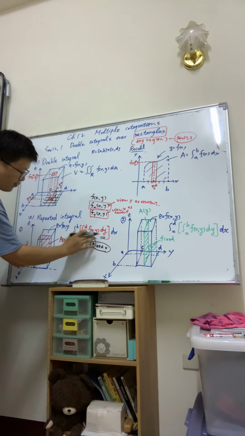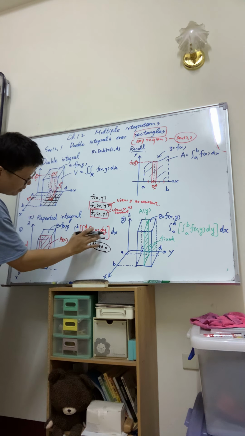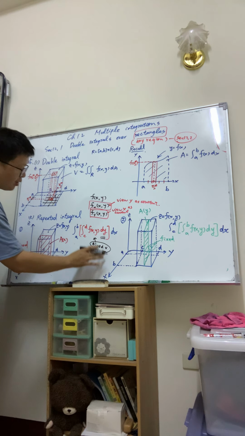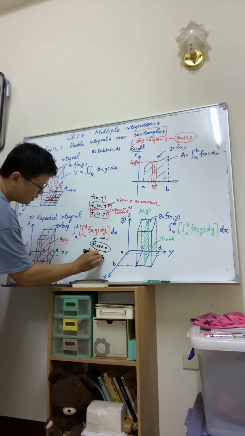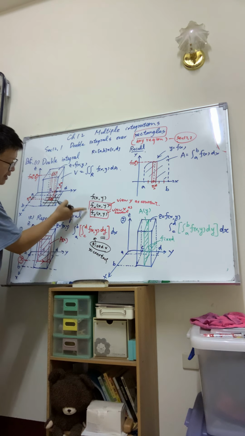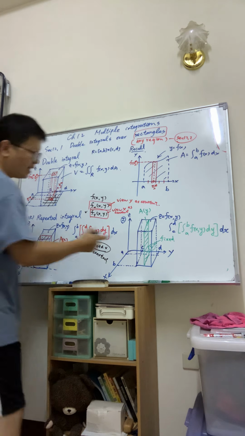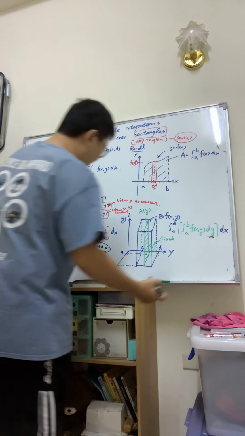For this function, it contains two variables. But if I integrate this function by y, then we fix x, so you could view x as a constant. It's something like this, right? In this case, we view x as a constant to consider its integral. And once you see this form, we integrate by y. So we fix